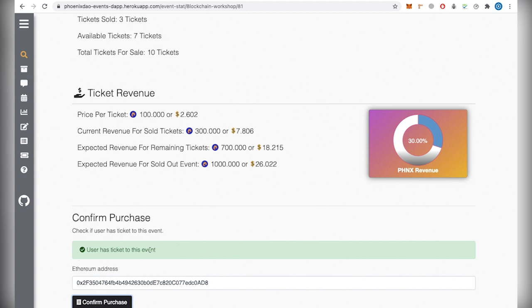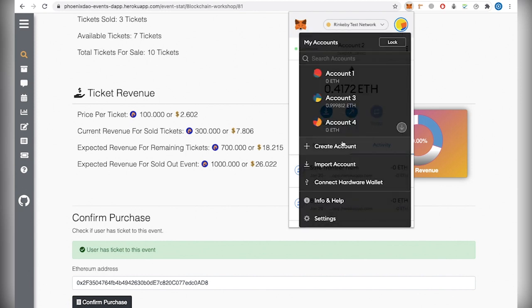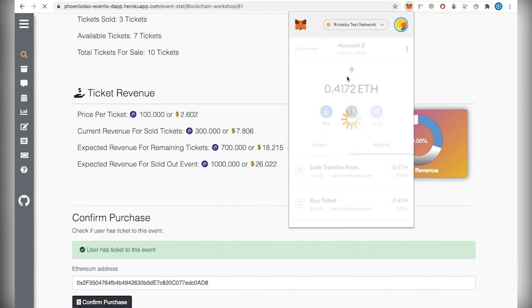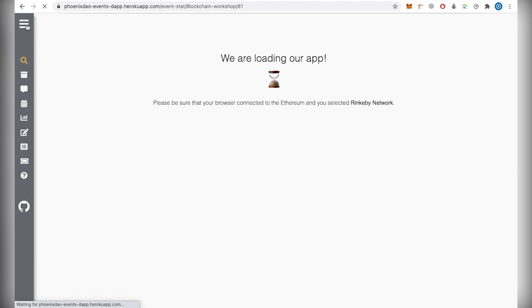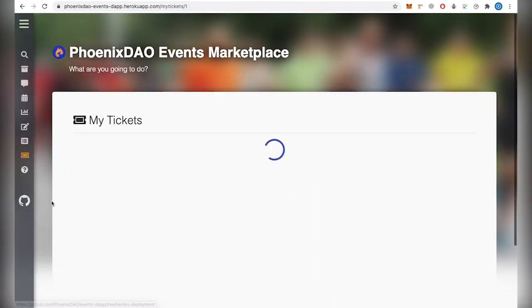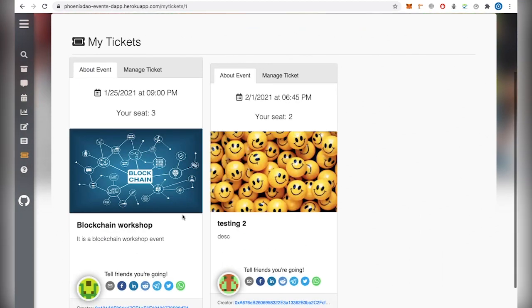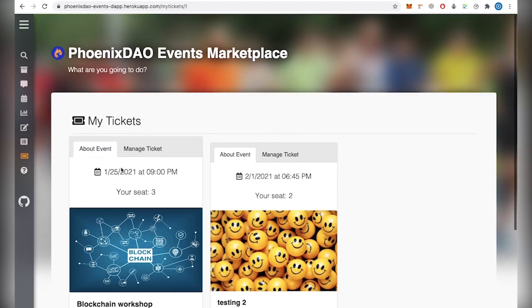So yes, the user has received a ticket, and if I switch back to that account and check, there's the ticket. Okay, so the user has received a ticket.